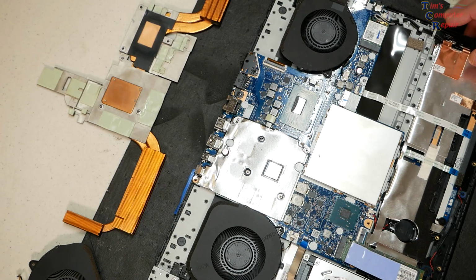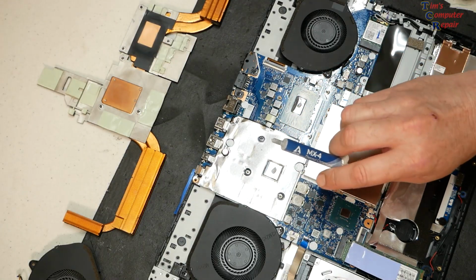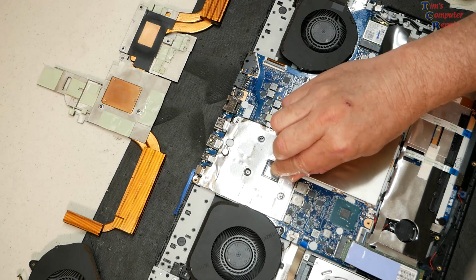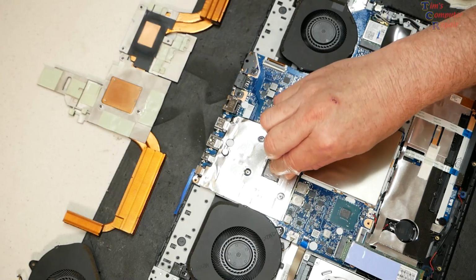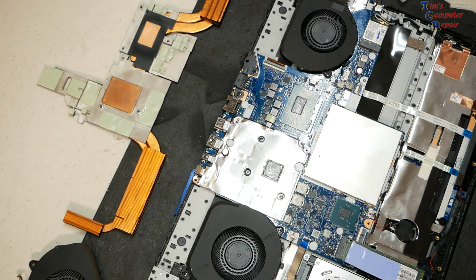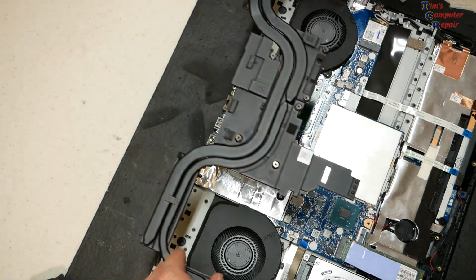Okay. Now what we're going to do is apply some thermal paste where we need to. Should do us. That's plenty. That'll work out just fine there. Yep, and now we're to the point where we can lay this heatsink down nicely on top of